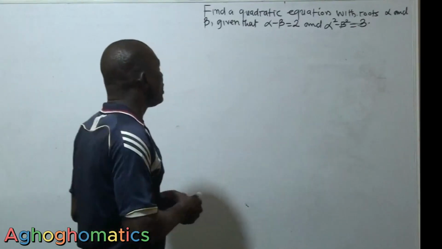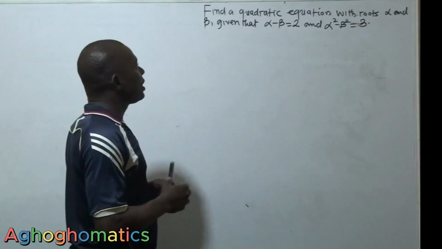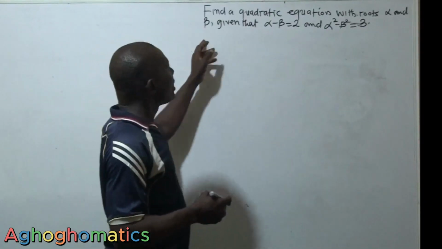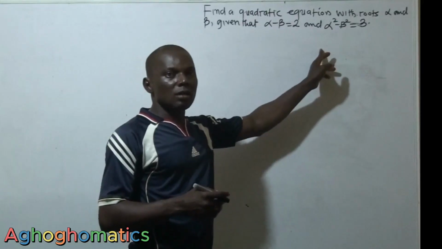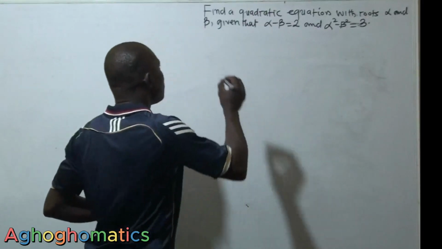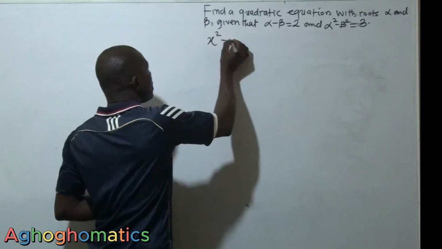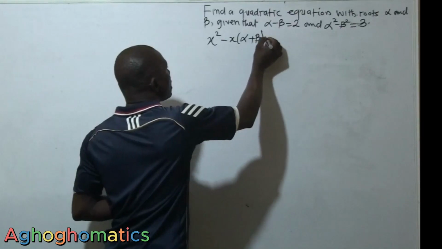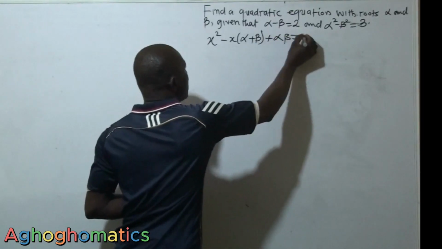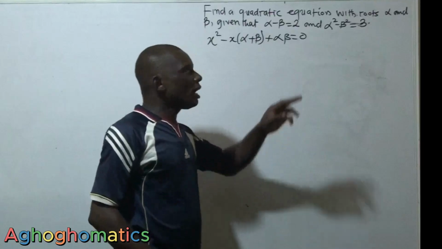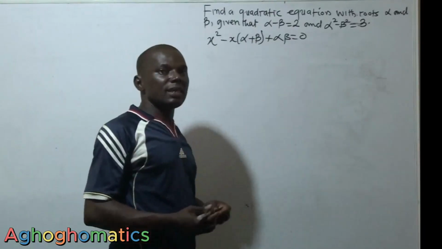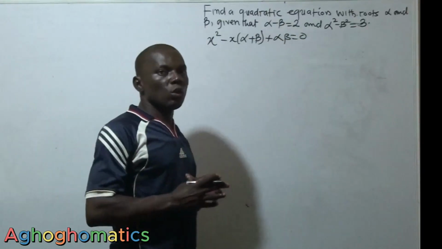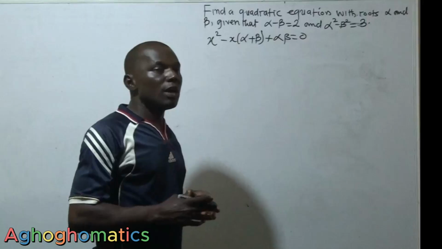Okay. Usually, given a quadratic equation with some given roots, it is possible to obtain the quadratic equation if the roots are known, and the formula is simply x squared minus x open bracket alpha plus beta close bracket plus alpha beta is equal to 0. This is the formula for it, where alpha is one of the roots and beta is the other root. But here we are given two equations that will enable us to obtain the values of alpha